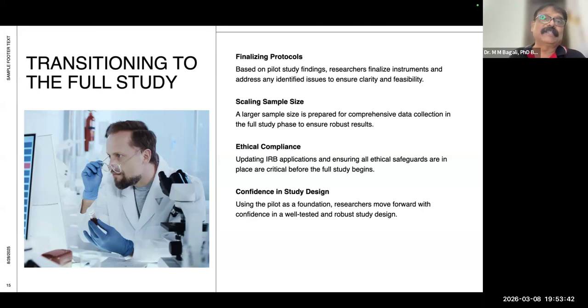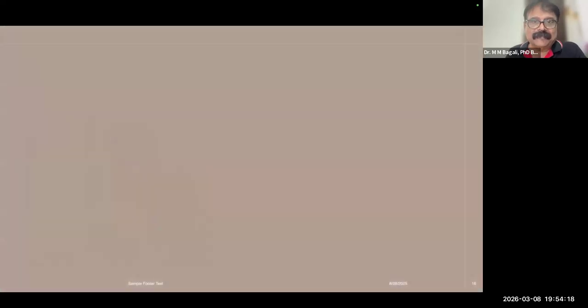You would have confidence in your research instrument, your mixed method, your thematic analysis, your content analysis, your grounded theory, or also in terms of your statistical approach: should I go into correlation, should I go into factor analysis, should I go into regression analysis, how do I have an ANOVA, how do I have a panel data. All these statistical analyses that you test in the pilot study would help you to take it to the actual study.